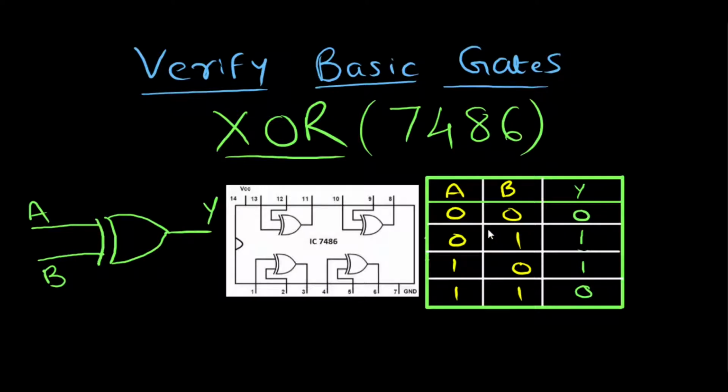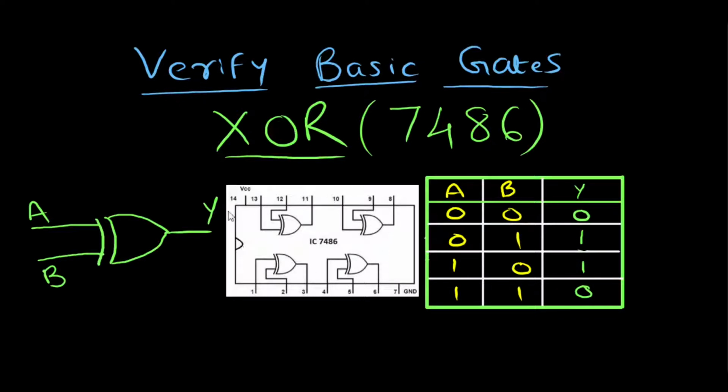If you watch the truth table, when both inputs are the same, then the output is 0. Which means that if both inputs are 0 or if both inputs are 1, then the output is 0. And if the inputs are different, either it is 0 1 or 1 0, then the output will be 1. This functionality is called the XOR operation.